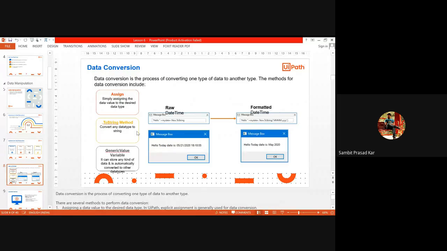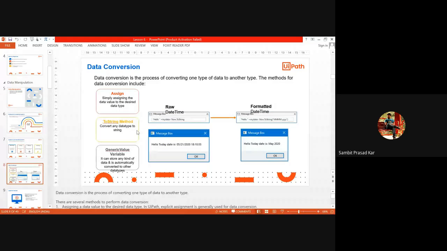So these things we have seen here, or this is also part of your self study actually. This is not in the curriculum. Even if you go and learn from the UiPath educators, they also don't teach this part. But just to check your understanding and to help you, I'm reiterating this.